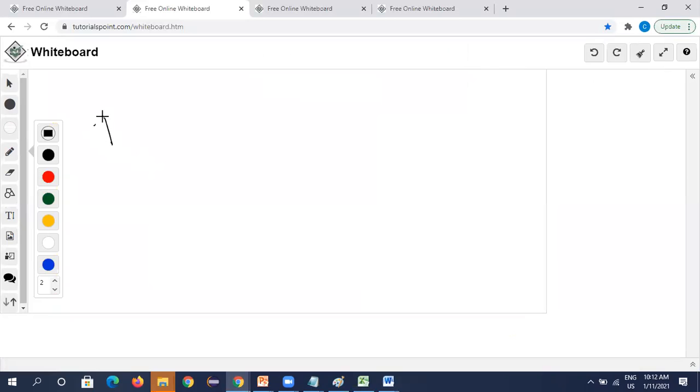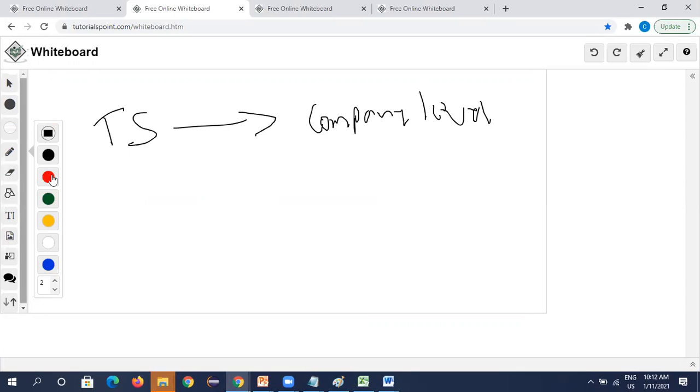See, the test strategy document is there, right? The test strategy document is a very high level document. Okay, a company level document. This is a company level document, but where the test plan